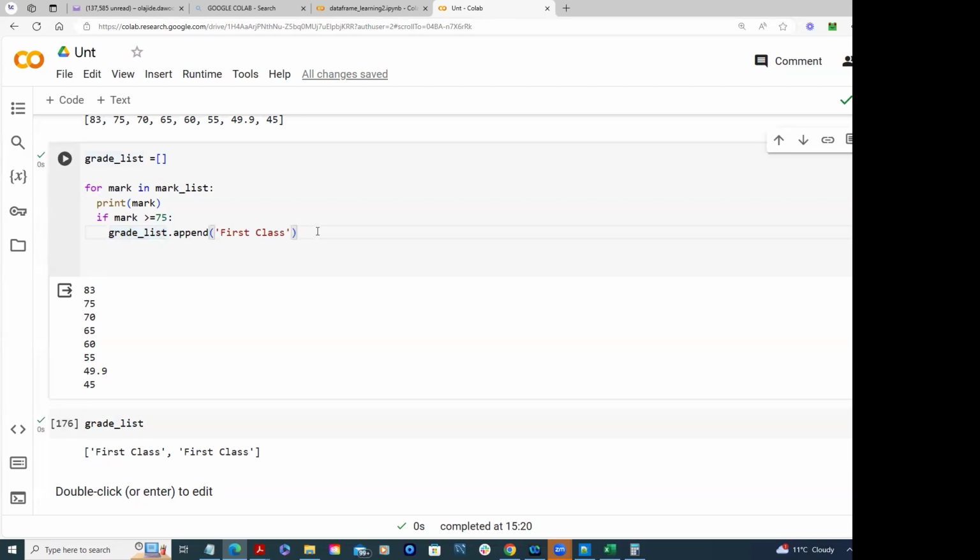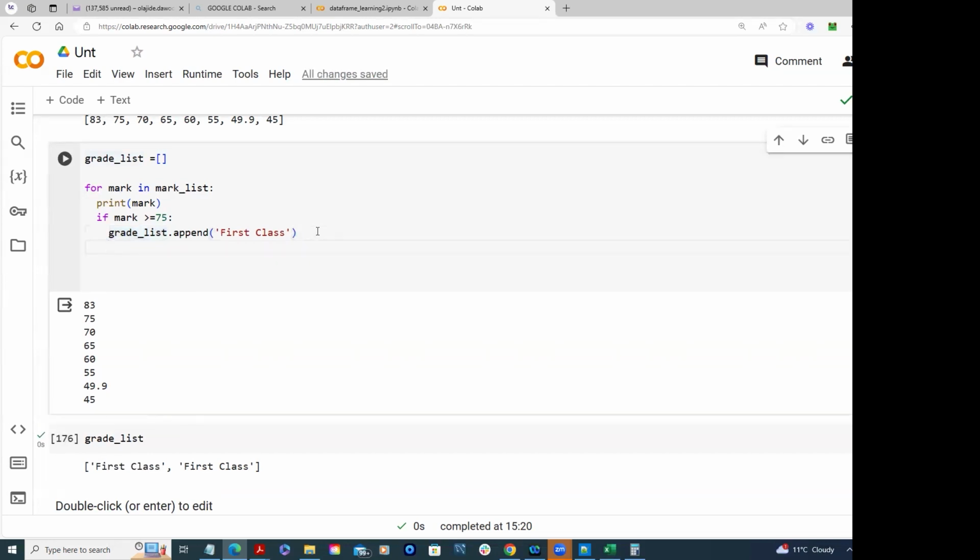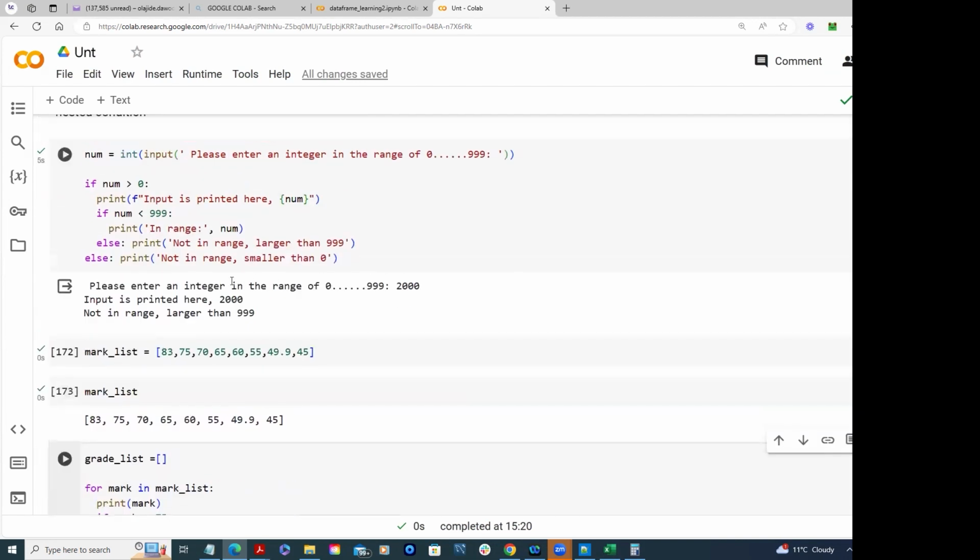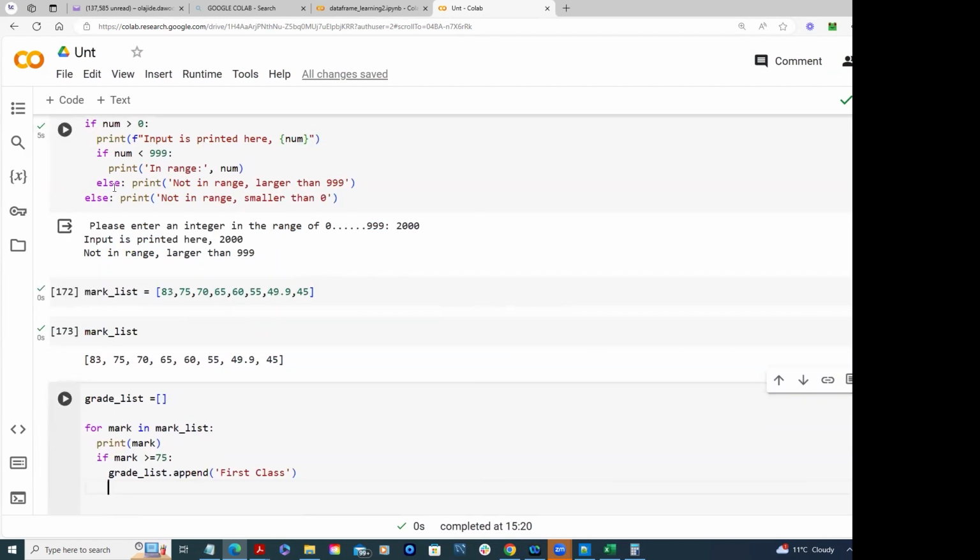So let's go further, and there is another condition I didn't explain. There is also else, which is like if, but you can use else if. It's still the same thing. It's like you're using your else statement, but you're putting if together. You're combining them together. So, for example,